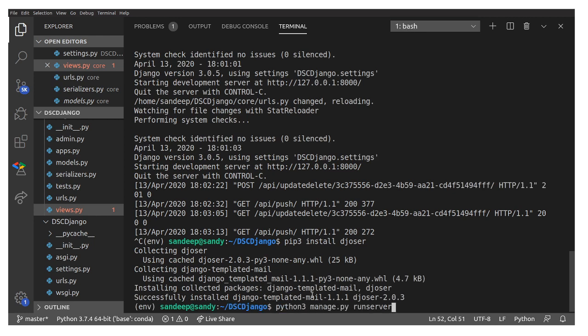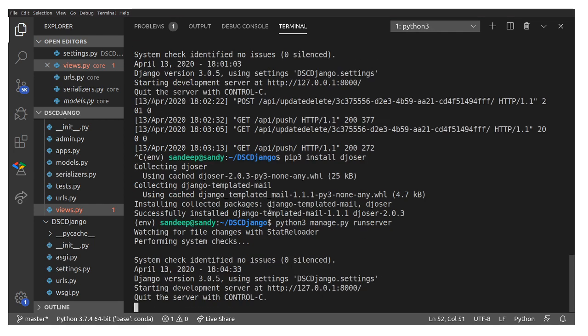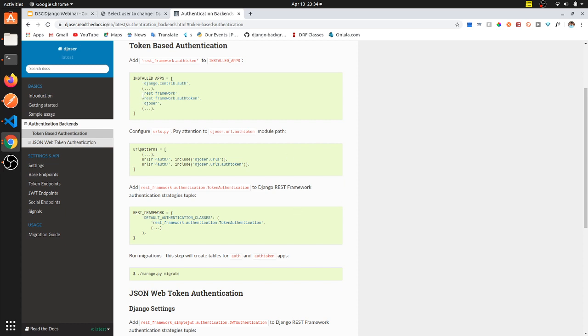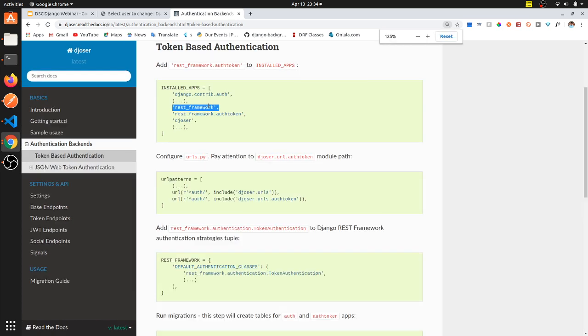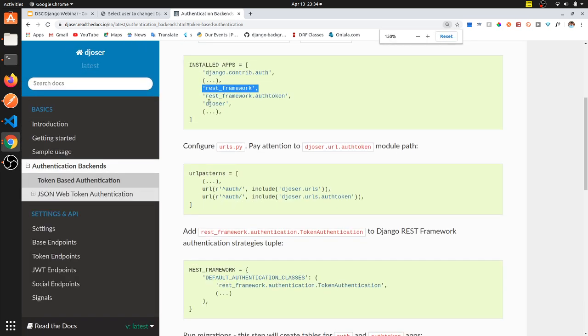Okay, and run server again, and I'll just go back to my Chrome. Okay, copy these three. We already added this line. Okay, now just copy these two lines,